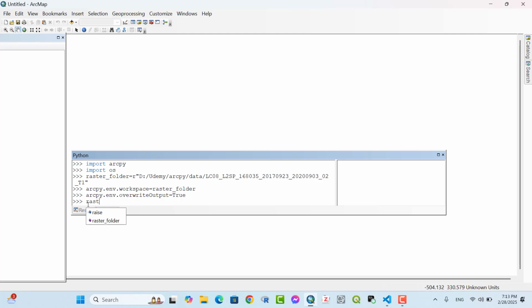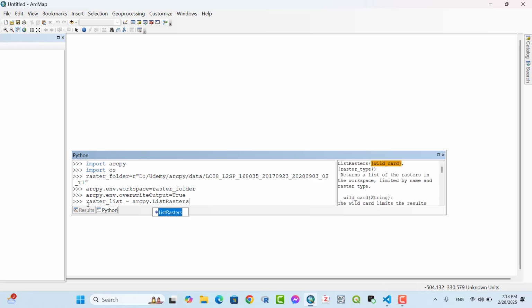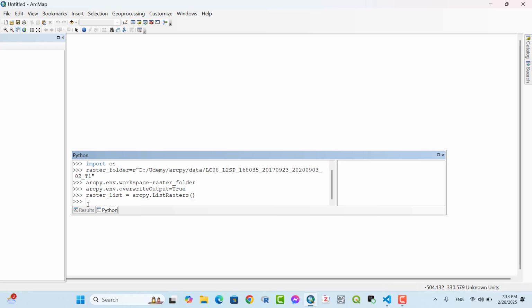We use raster_list equal arcpy.ListRasters. Filter only TIFF files inside the folder. Raster list equal r for r in raster folder